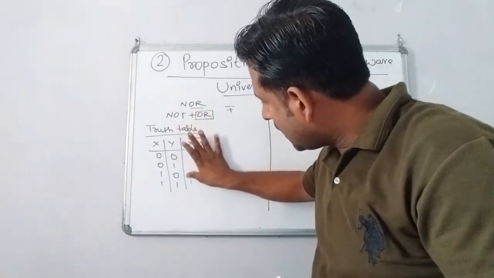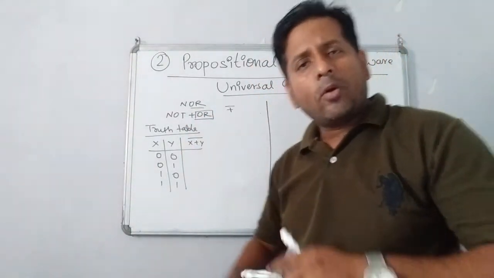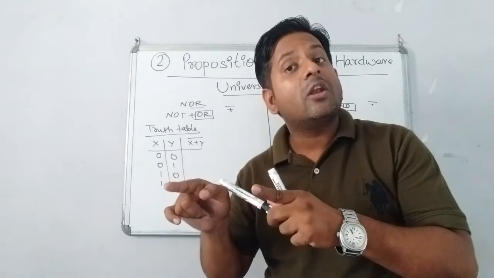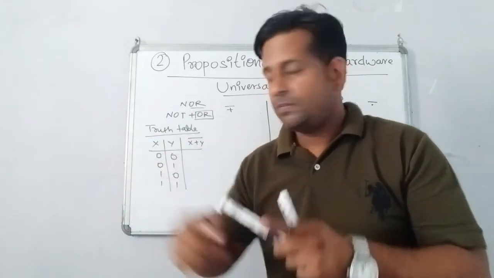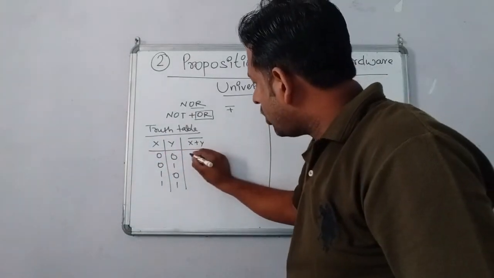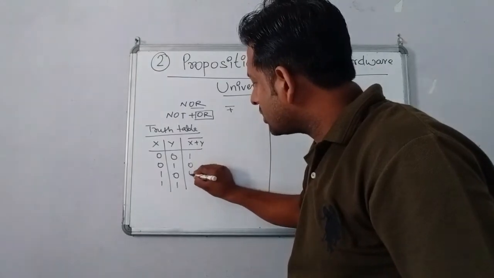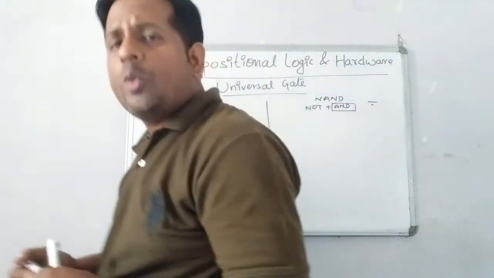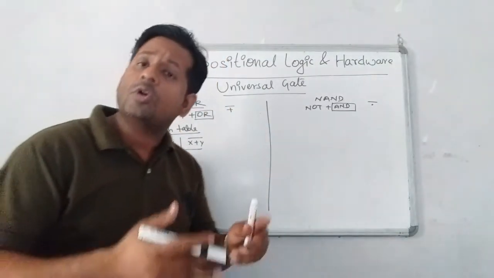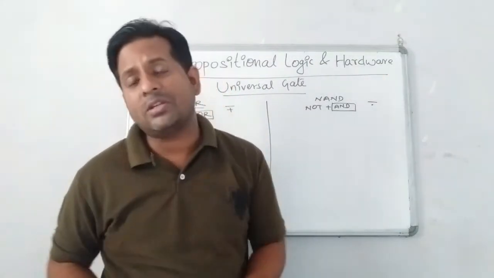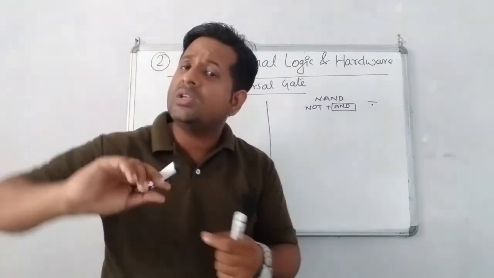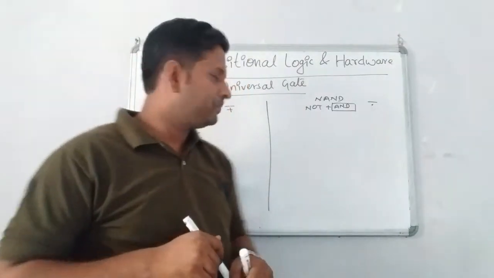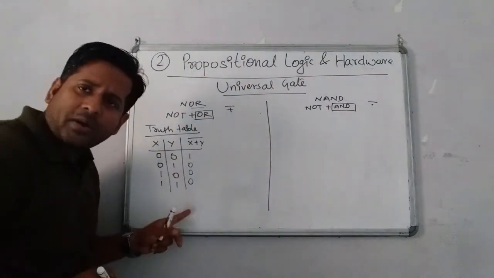But here, I will remove this one. Because in this gate, what has been implemented? NOT, the inverter. That means just the opposite. Where all are off, there the output is 1, and in the rest of the cases 0. The output will be just the opposite of the OR gate, because the inverter NOT has been implemented here. NOT's work is only to reverse it, to oppose it. So children, did you understand this part?